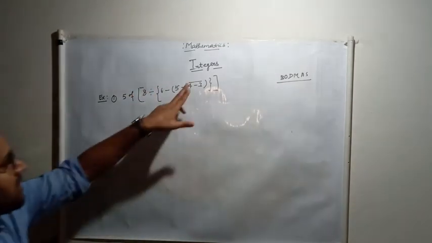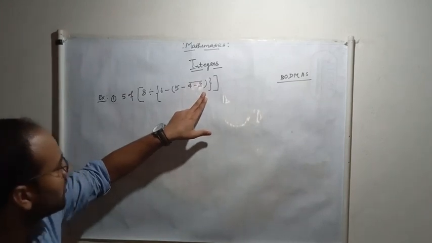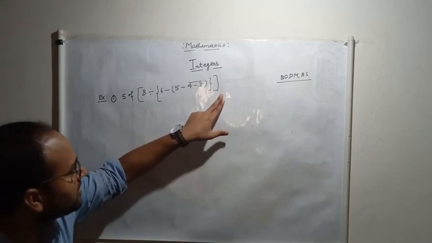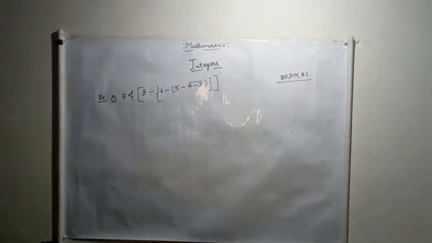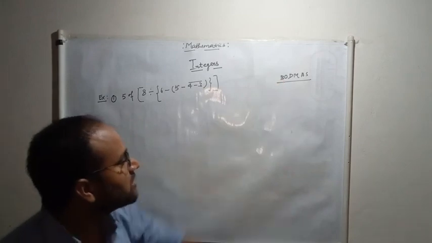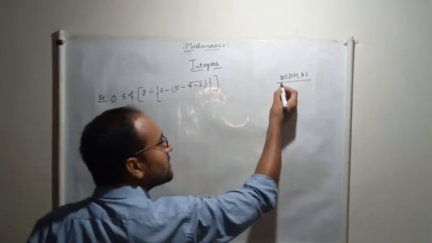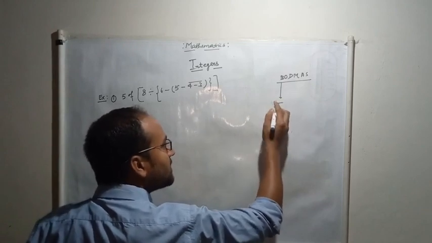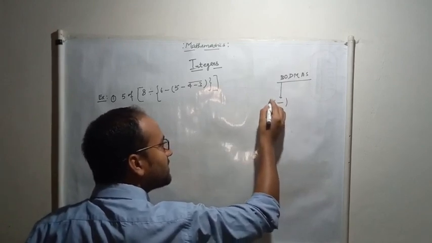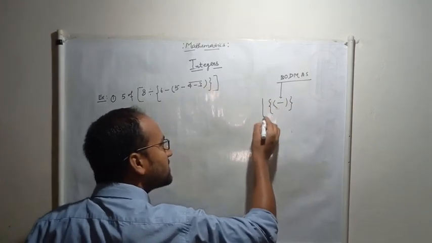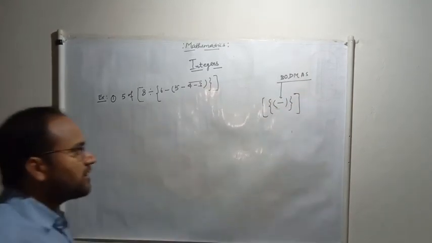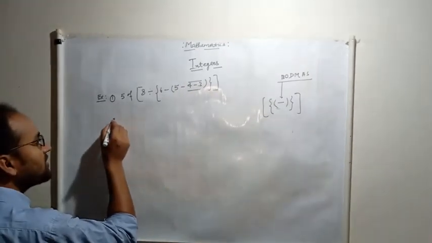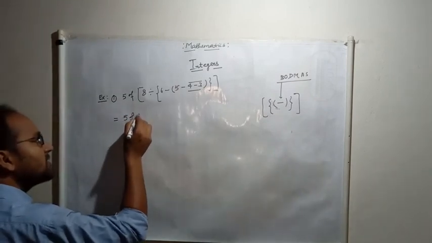So see this one, here a bar bracket is there, a small bracket is there, a curly bracket, and a square bracket is also there, and of is there. So according to BODMAS, first we solve the brackets. In brackets, first we solve the bar bracket, then the small bracket, third the curly bracket, and last we solve the square bracket. So first we are going to solve this one, 4 minus 3. Can you tell me, 4 minus 3, what you will get, student?